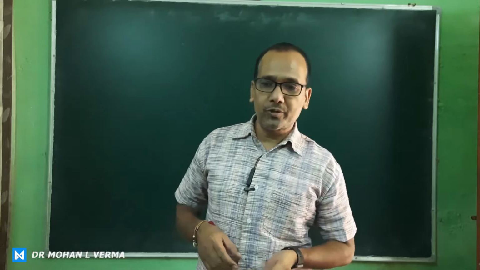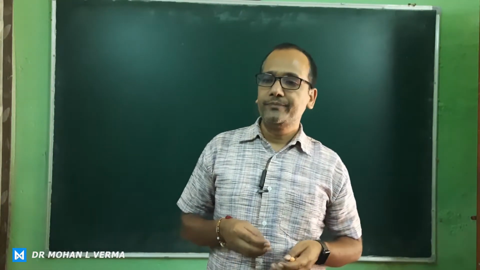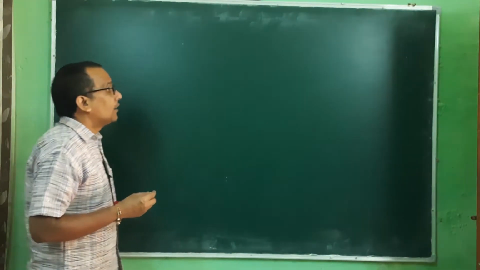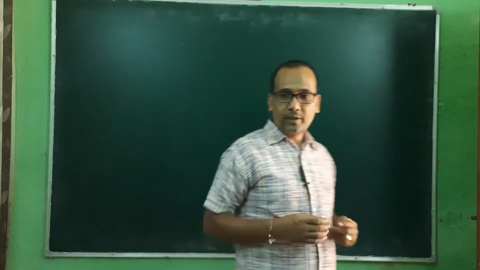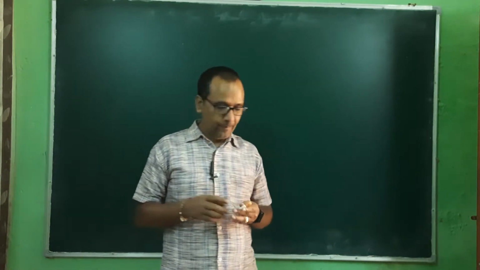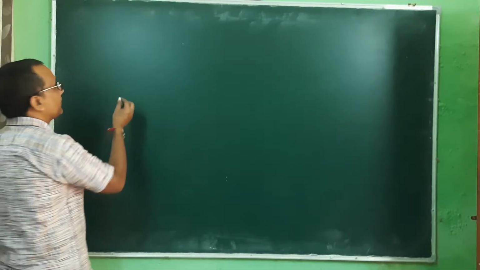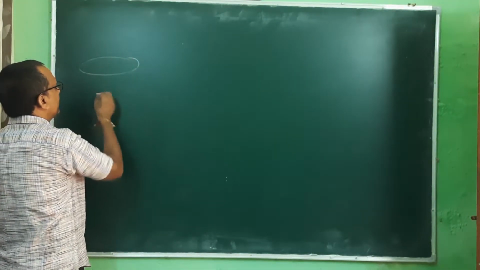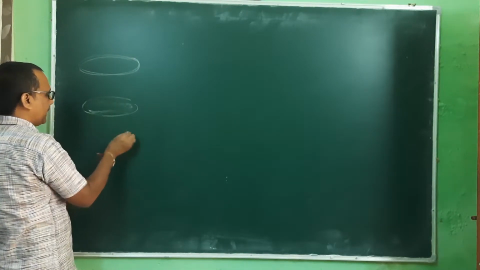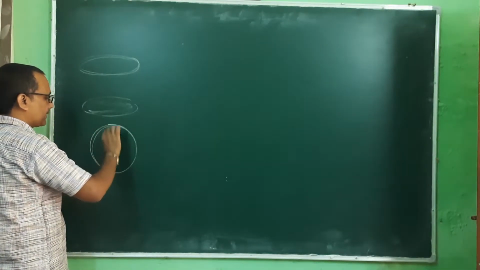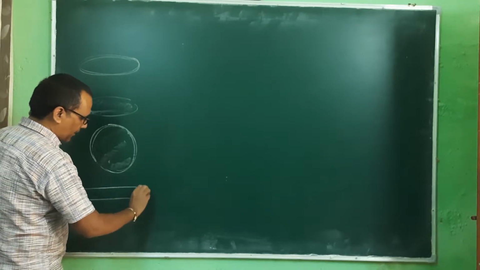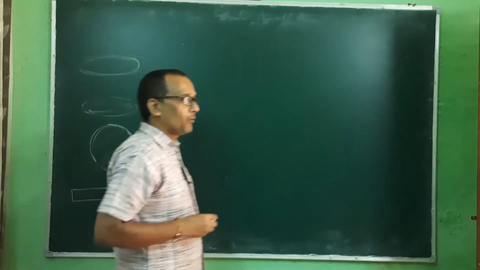So now let us proceed with the same topic, moment of inertia, in this lecture also. So far we have completed the concept of moment of inertia and derived some formulas for the moment of inertia of some symmetric bodies: a circular ring, a disc, a hollow sphere as well as a solid sphere, and a rod of length L, and we have calculated the moment of inertia. But